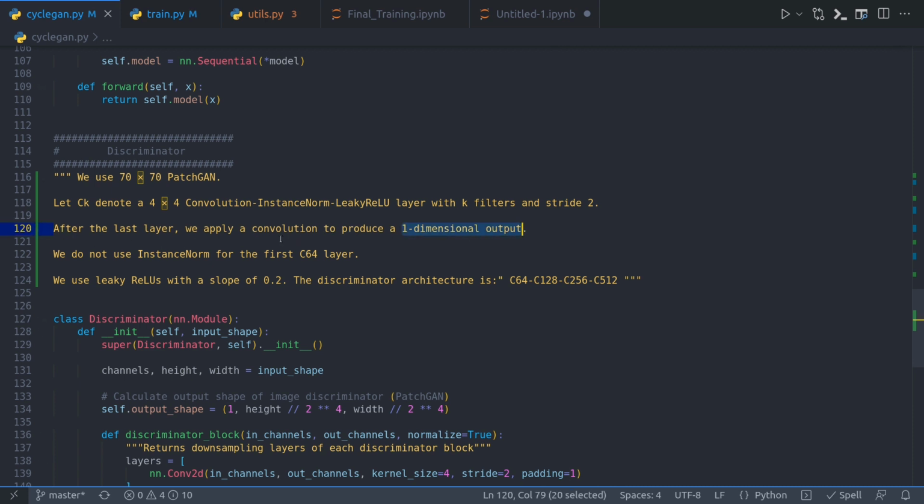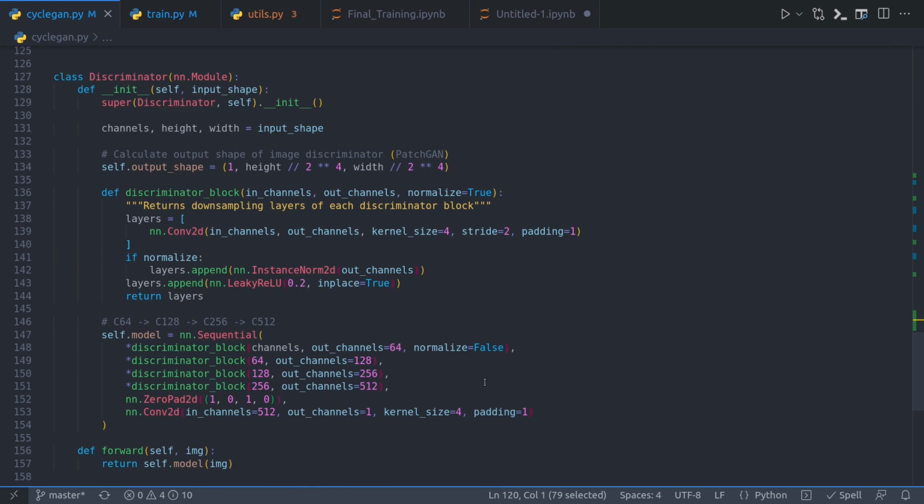This line was not very explicit in the paper, but it means that I have to start with 512 in channels for this layer and produce a one-dimensional output, because my discriminator ultimately will just produce true or false, fake or real, this kind of output. So that's this final Conv2d layer, where in channel is 512, out channel is 1, kernel size 4,